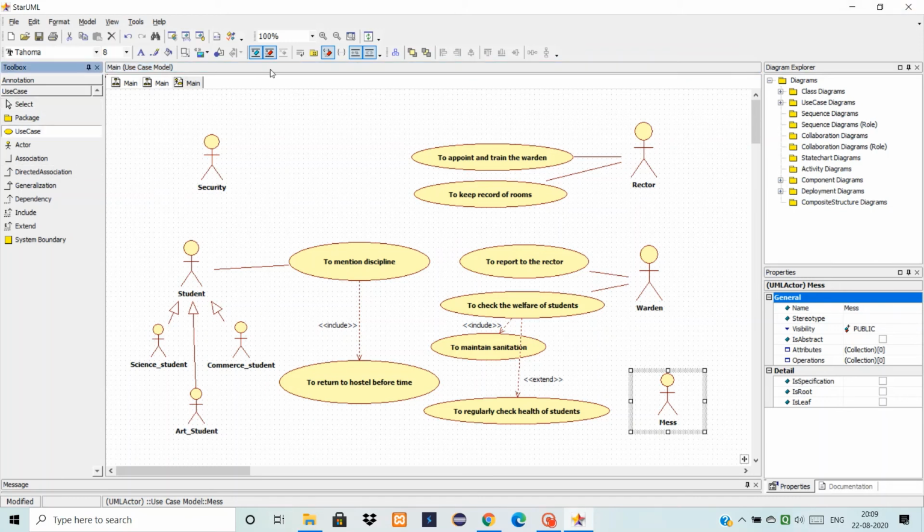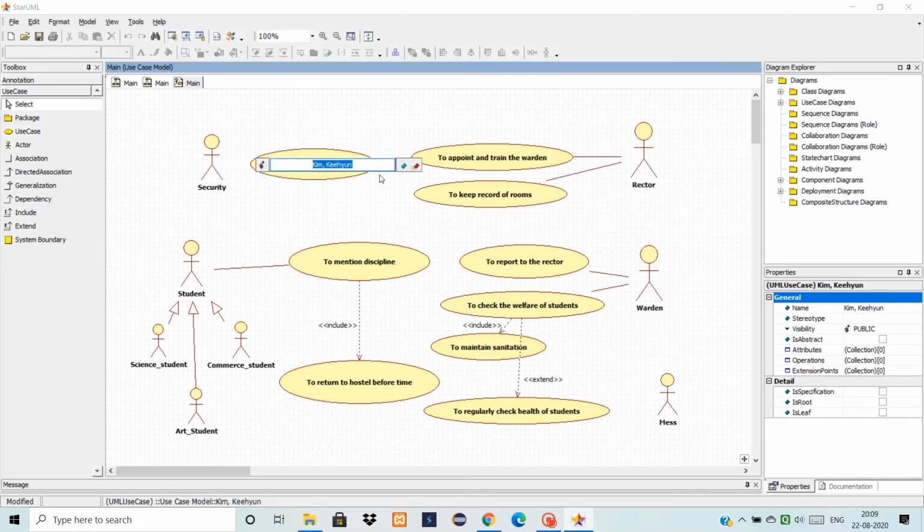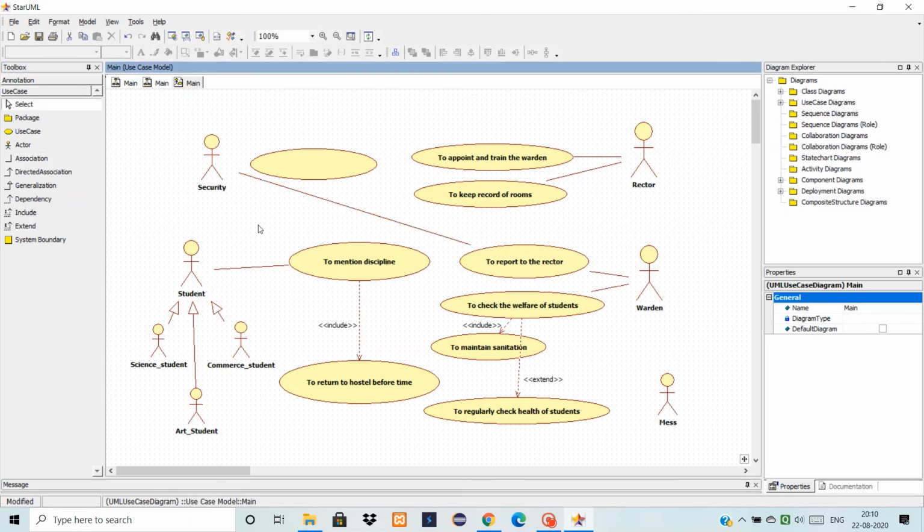Yeah, so another use case is for security. Security's work is to report to the rector. Oh yeah, I've already had this use case. So remember that we can have two actors having an association with the same use case because it's the same function.